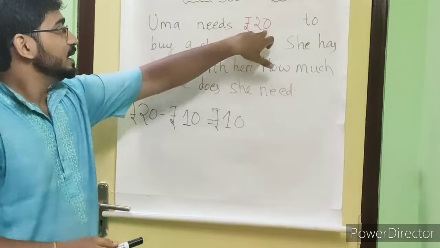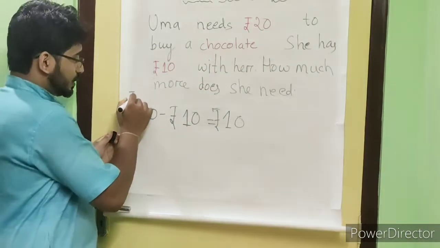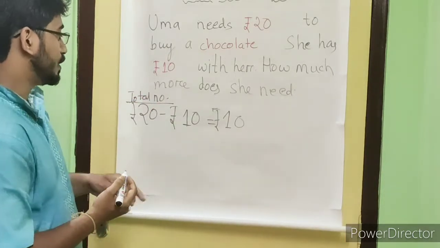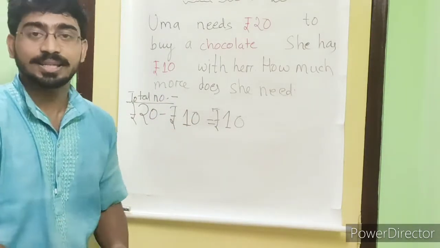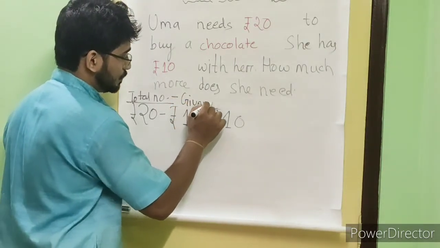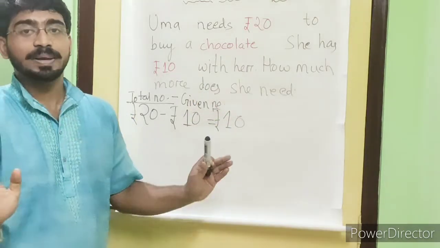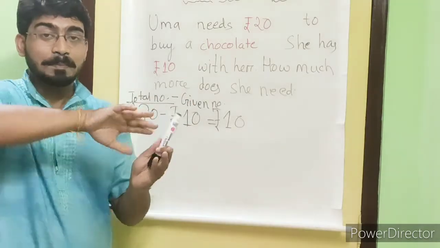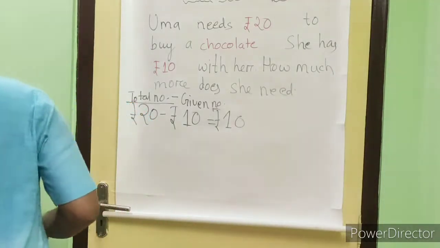In this case also the pattern will be followed. How? See, rupees 20 is the total amount she needs. So type total number minus the given number which she has, যেটা ওর কাছে আছে, given number. দেখলে, টোটাল নাম্বার মাইনাস গিভেন নাম্বার, এটা থাকবে, যেটা আছে এটাকে বাদ দিয়ে আরো কত টাকা লাগবে, তাই তো বের করছি, বাদ দিয়েছে মানে বাদ দেওয়া মানে সাবট্রাকশন।